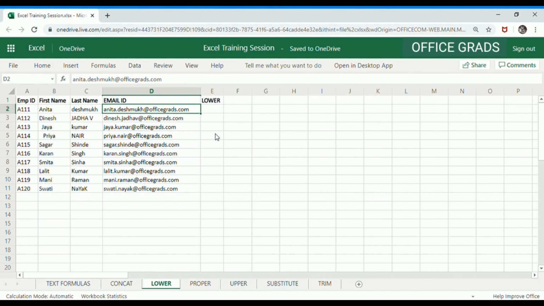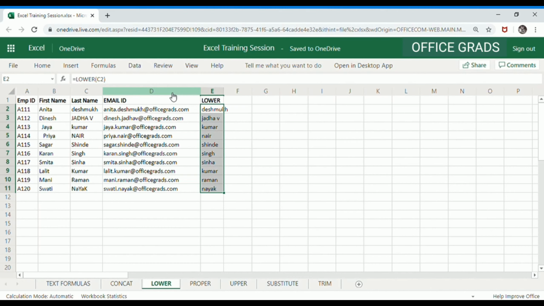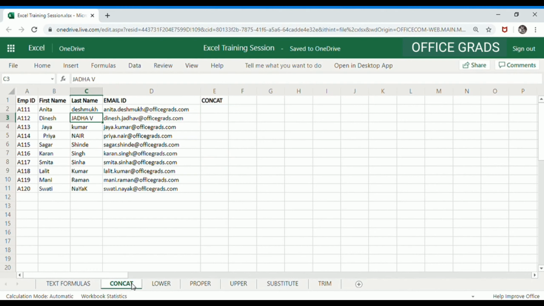Now let's say you want to convert all the text into lowercase. Lowercase meaning small cases, no capital letter. So for that you can use the LOWER function. How can you do that? Equals to LOWER. The description itself suggests that all the letters in the text string are converted to lowercase. So bracket open and select this text. It is already in lowercase, so it won't give you a different result. But the second cell, if you see, now everything is converted to a small case or lower case, right? So this is the functionality of the lowercase formula.